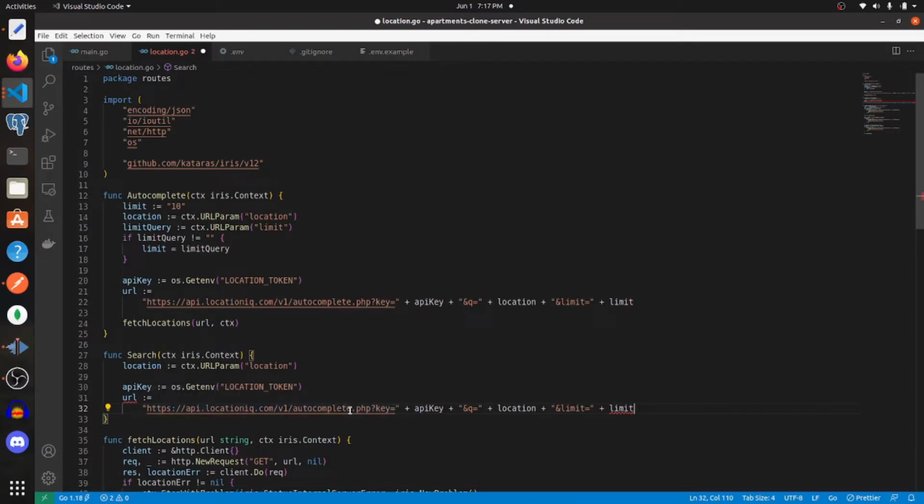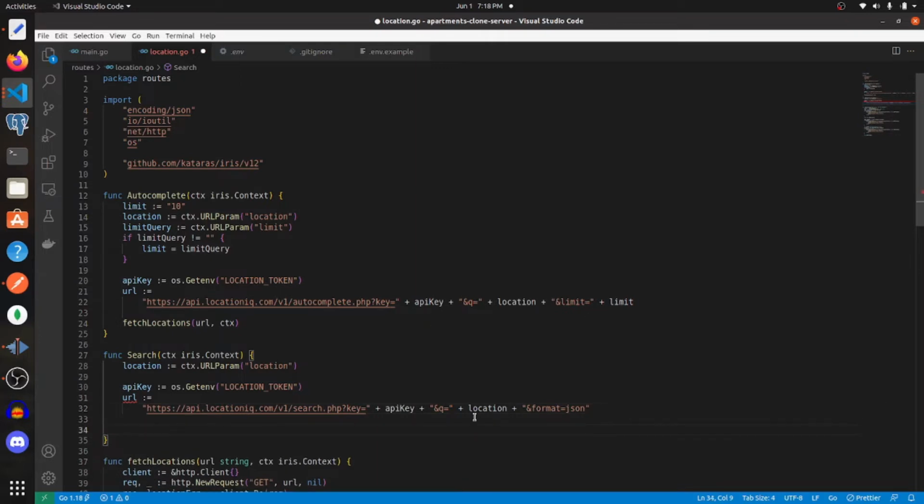And here in the search, we just need to change the URL. So it says search instead of autocomplete. The key is going to be the same. Q will be the same. And here on the end, we'll say format equals JSON and then delete this end part. And down at the bottom, we can also just copy what we have above